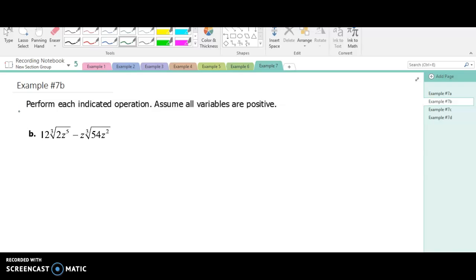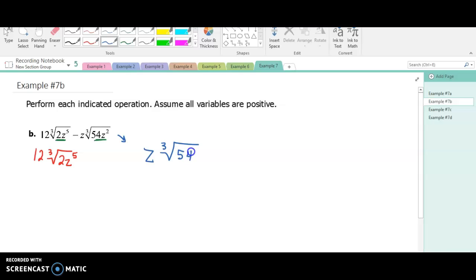Alright, if we look at B, this is a little more complicated than A. We have to do a little bit of work. Now remember, when we're adding and subtracting, what's on the inside of the radical has to be the same. So as this is right now, we cannot combine these. Okay, so what we need to do is let's take a closer look and let's reduce each one of these. Okay, so let's reduce 12 cubed root of 2z to the 5th, and then let's reduce z times cubed root